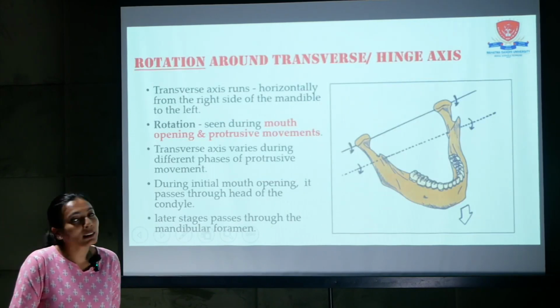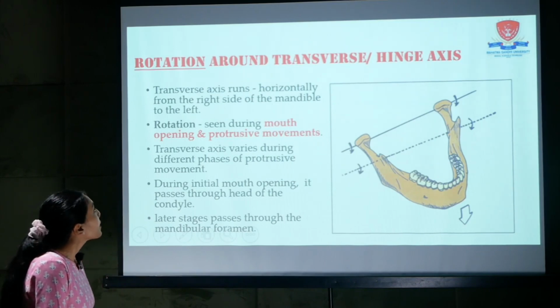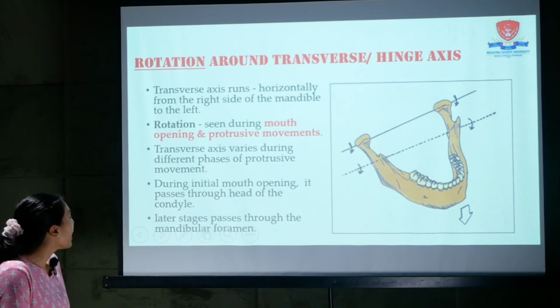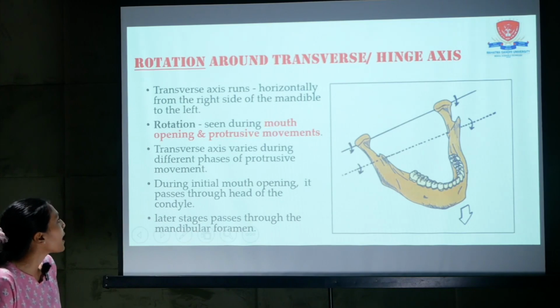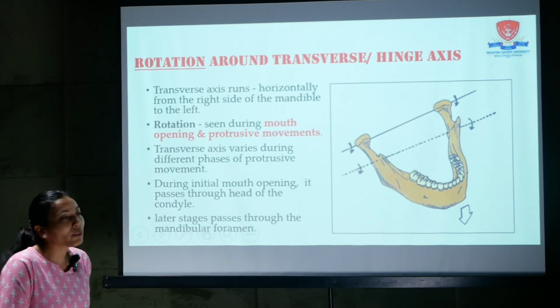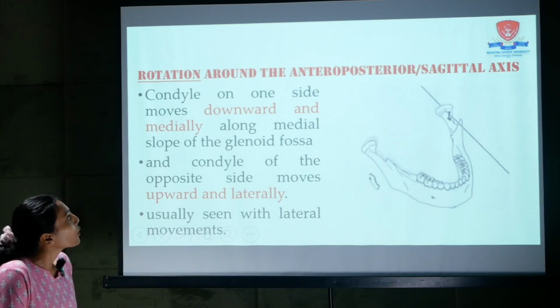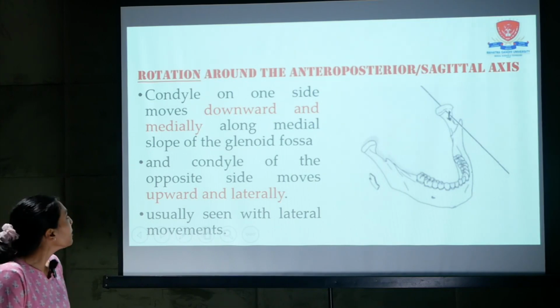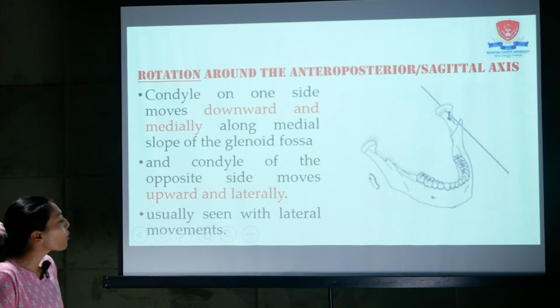Rotation around the transverse axis or hinge axis means in the horizontal plane. The transverse axis runs horizontally from the right side of the mandible to the left. Rotation is seen during mouth opening or protrusive movement. The transverse axis varies during different phases of protrusive movement. Around the anterior-posterior or sagittal axis, the condyle on one side moves downward and medially along the medial slope of the glenoid